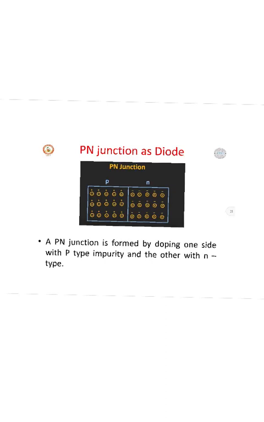So today in the second session of module 1 we shall study what we mean by a diode and how it is formed. First, what do you mean by a p-n junction diode? Here you can see a p-type material and an n-type material combine to form a p-n junction, so that is called a diode. A p-n junction is formed by doping one side with p-type impurity and the other with n-type